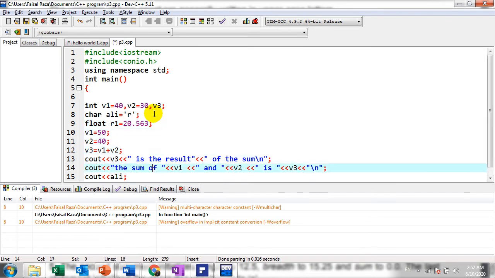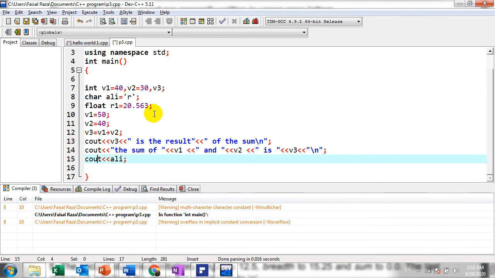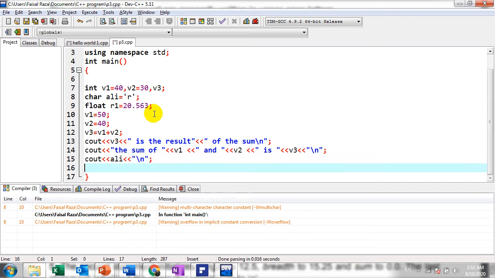If you want to display this one also, same cout, but I need a \n also here, as a separator in inverted commas. Then cout and which variable? R1 and semicolon. Now compile and run, and you will see here